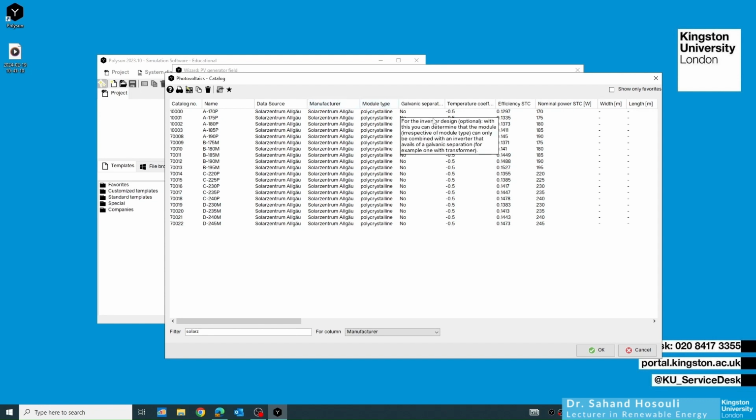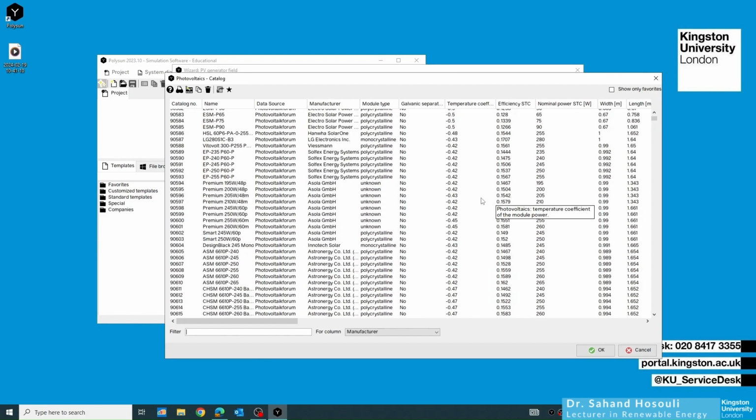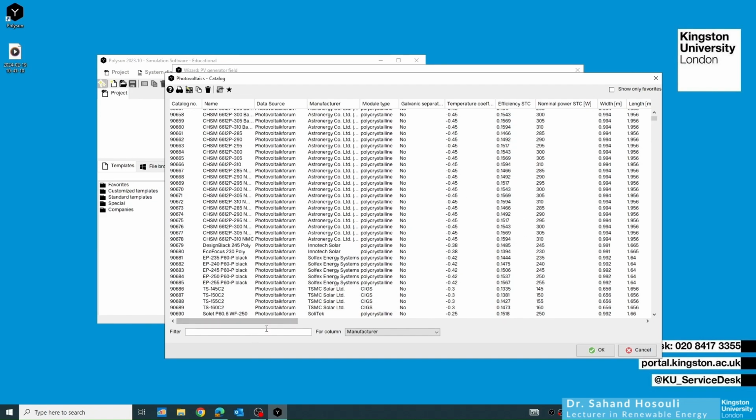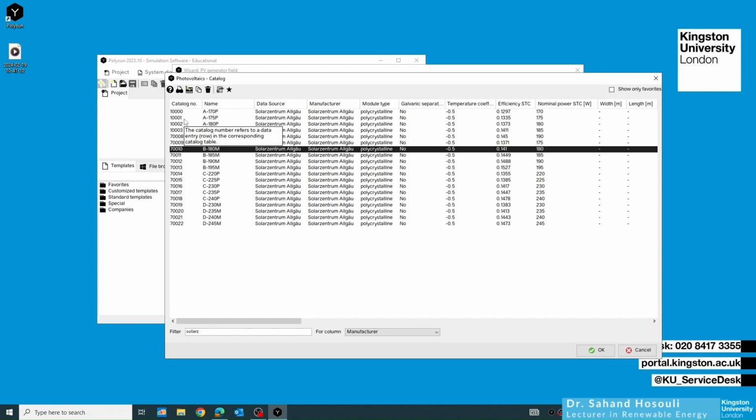You can select your favorite module from here. If you have these lists and you couldn't find the module that you're looking for, you can select basically any module here, and you can create your own module with its own specification. What you need to do is select one of these, don't double click, just select, and then you go and click on here,